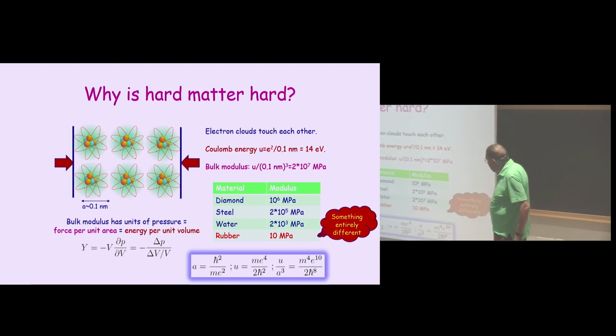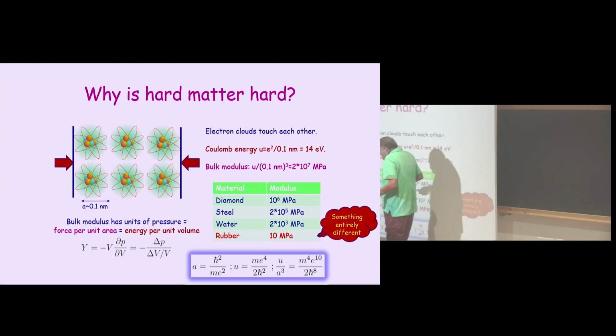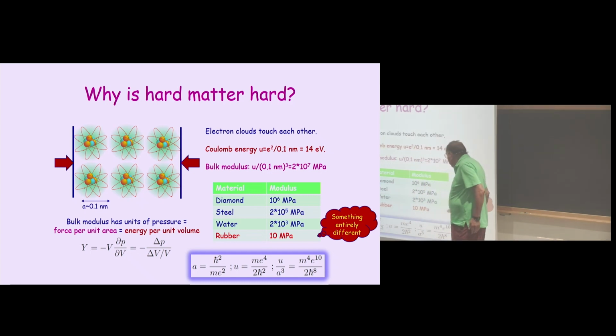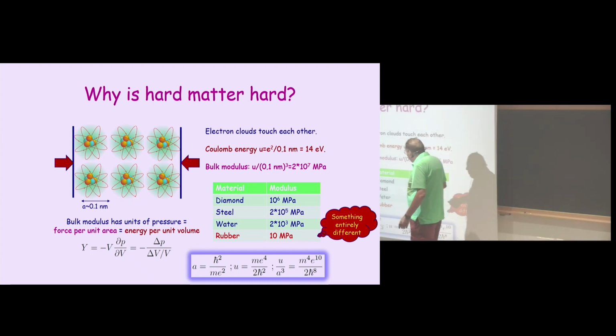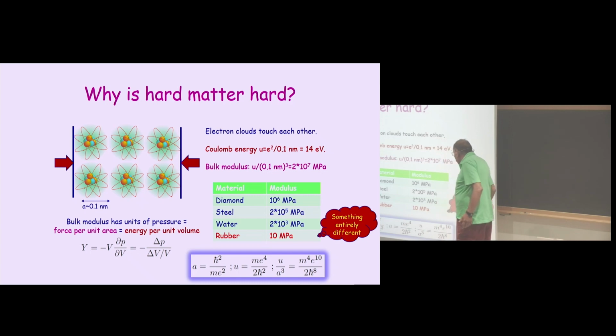The estimate is here. So when you compress this object like this, what happens? You actually, inside, push one atom against the other atom. That's what happens inside. And therefore, the way to estimate this bulk modulus, and bulk modulus is essentially energy per unit volume. So how do you estimate it? You take volume, which is the size of this atom,